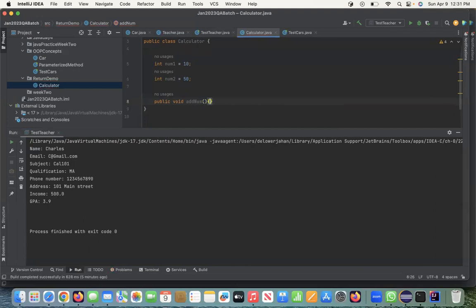And then curly bracket. Now I'm saying return